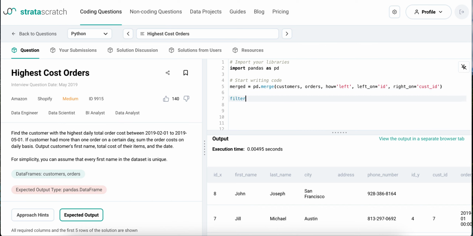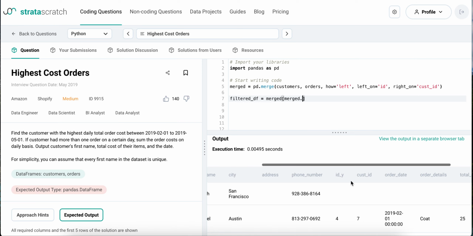So maybe I'll filter the data frame so that we only have dates between these two. So we could say merged, where merged dot order date is between the two dates that we've got there. So dot between this one and the other one. So I'll pop these in as strings. That should work. So like that. Nice. And if I take a look at filtered df now,